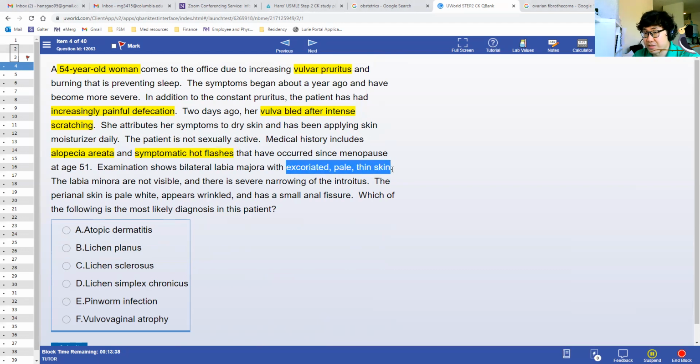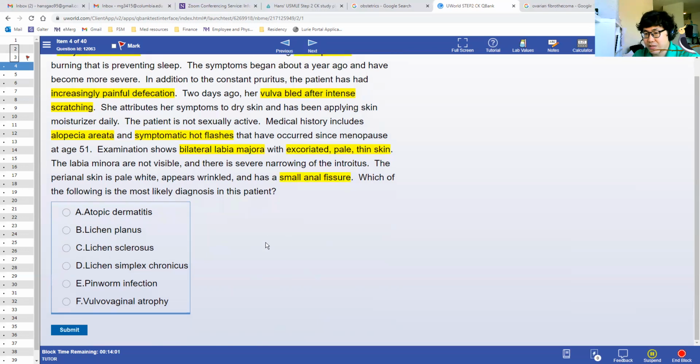Excoriated, pale, thin skin. It's bilateral, the labia minora is not visible, with severe narrowing of the introitus. Perianal skin appears white and wrinkled, and there's a small anal fissure as well. One of these is the most likely diagnosis in this patient. All right, so actually,